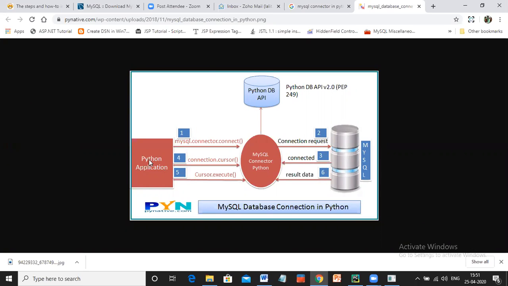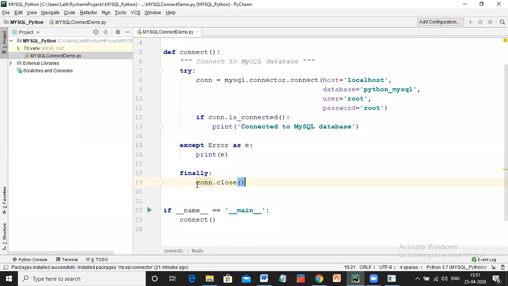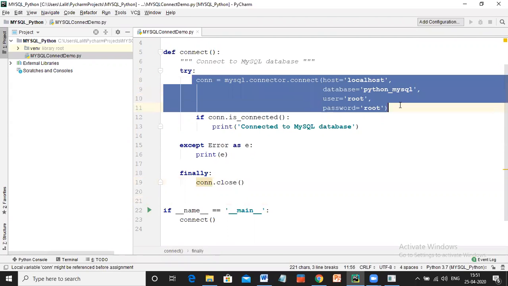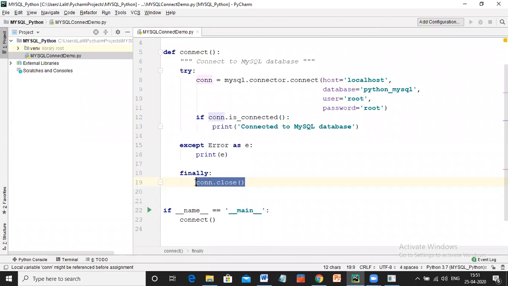We want your Python application to safely disconnect from your database, because if it does not disconnect safely, there can be a chance that your database can get corrupt and your data can be lost. So with this finally block, we are telling con.close, which means please close the connection I opened here safely.